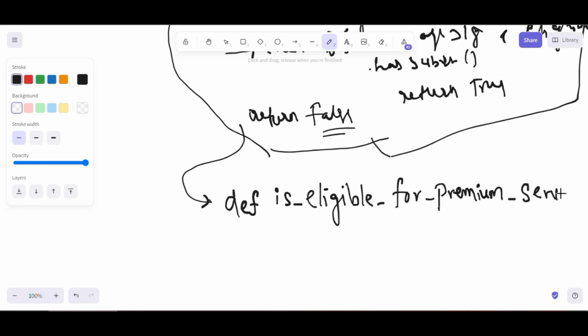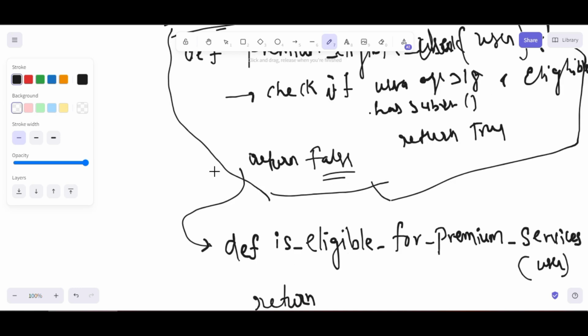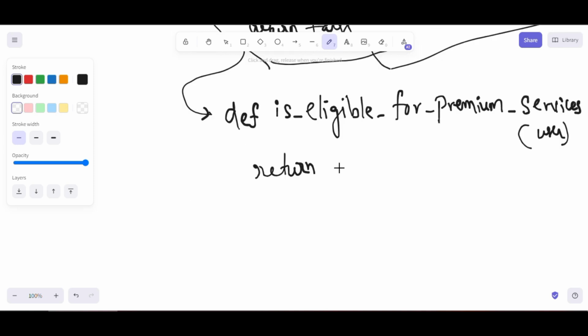Instead of subscription you write premium services, and then pass user as a parameter. Why can't you just return the condition directly? Minimal. Why return true and return false, which is unnecessary? If he is eligible, do this. That's it. I hope you are getting the understanding.